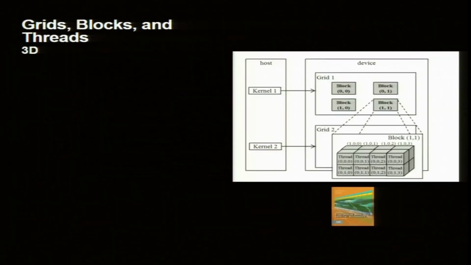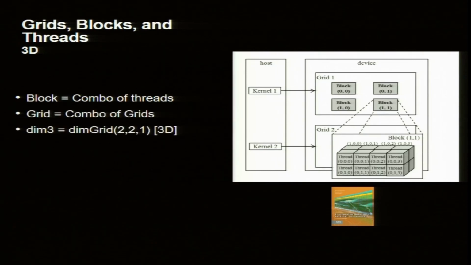Okay, so let us look at 3D. A block, as I said, is a combination of threads. This is a repetition. So, DIM3 is an object, and this is the syntax. So, dim grid 2: this is the x direction, y direction and z direction, abstract directions. I mean there is no x, y, z in the computer. We are organizing our grid as 2 by 2 by 1, and the example is here.